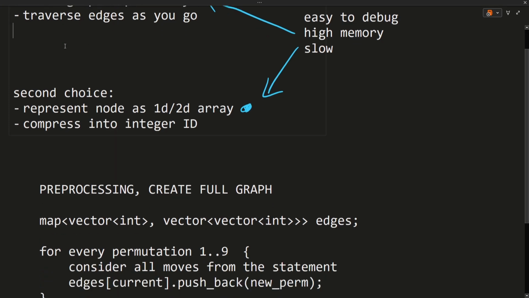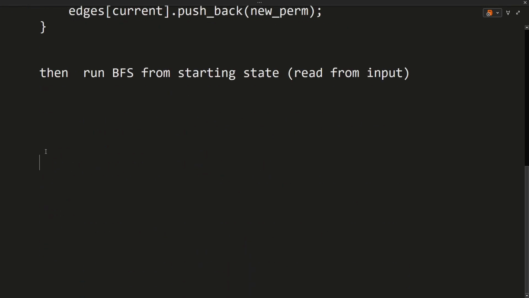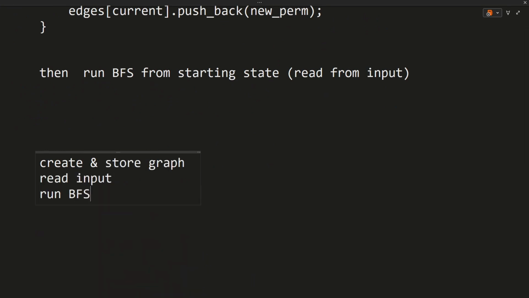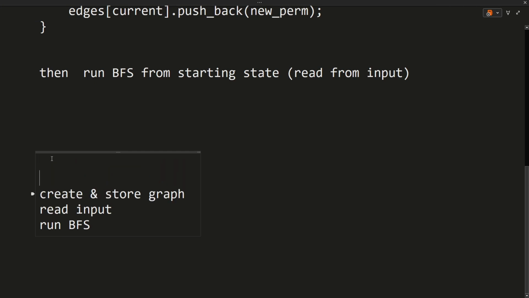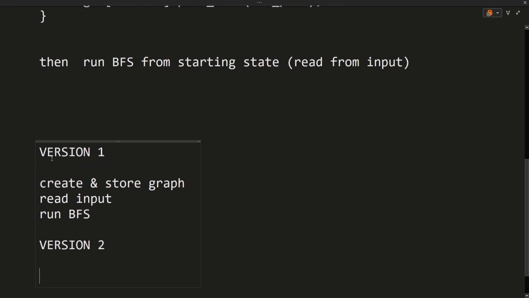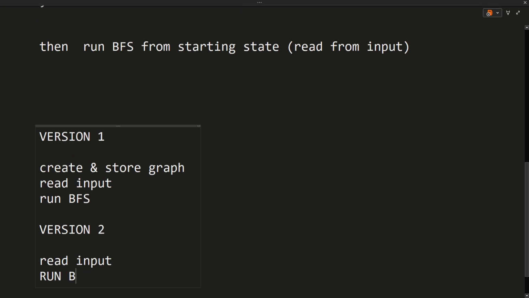So a moment ago, what we had is create and store graph, read input, run BFS. That was version 1. Now I say that there is version 2, and often it's better, and that's just read input, run BFS,